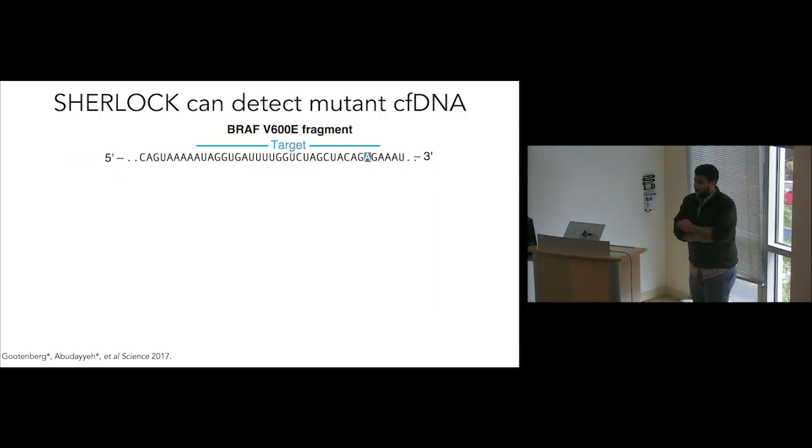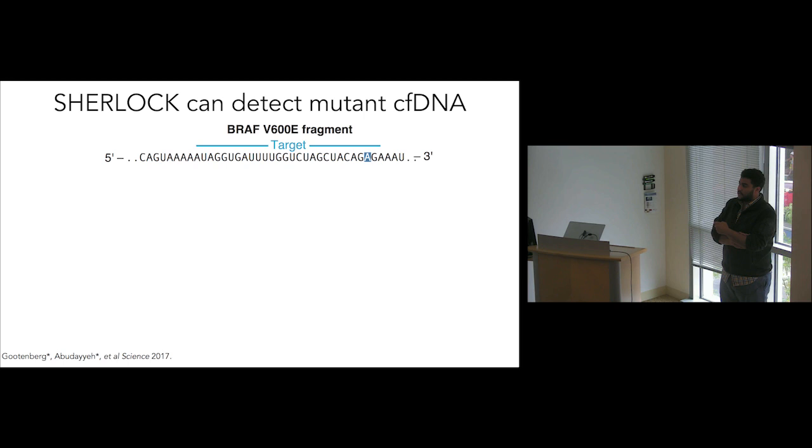The last thing I want to talk about for Sherlock is it is really specific. So I kind of did the TaqMan qPCR comparison earlier. It is actually able to detect a single mutant or SNP or mismatch. Basically because if you have a SNP within the guide region, you can actually engineer Cas13 to be very sensitive to a mismatch and only get signal if